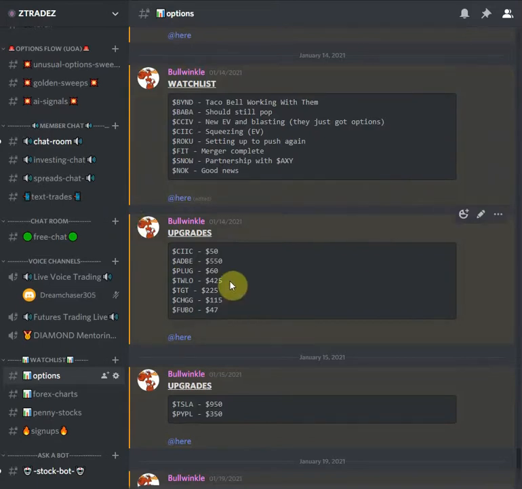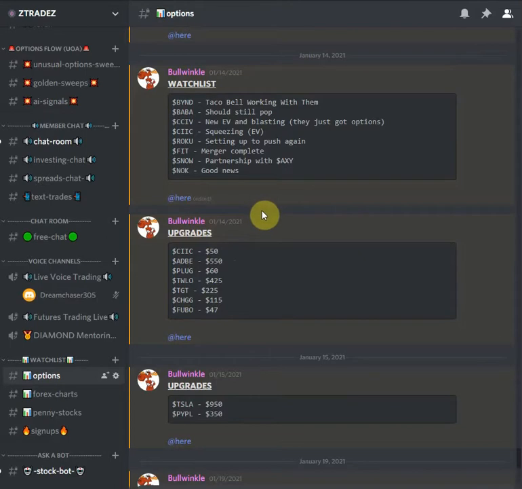Upgrades if the market's bullish. We've been bullish for the past how many months now? 6 months with little dips for a week or so. So I only play calls. And when the market dips, I don't take anything and I wait to buy calls right now because we're in a bullish market. It would make sense to buy calls on things. And I post, that means I'm posting upgrades. If the market's bearish and downtrending, then I'm only going to focus on playing puts. That's it. I go with what the market's doing.